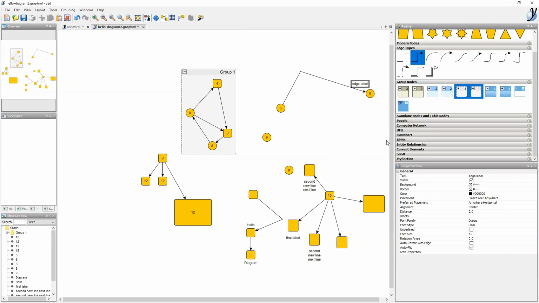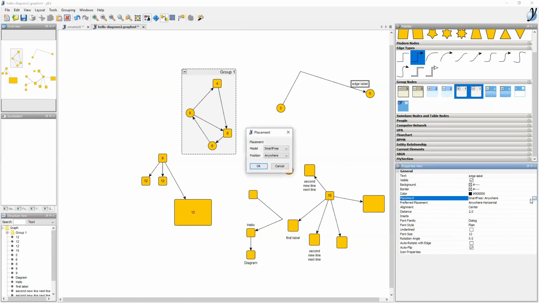You could also change the edge label model to have only discrete positions. This would work like this in the properties view, where all properties are displayed for a selected element. When you select a label, you see the properties of the label, and you could change the placement of it